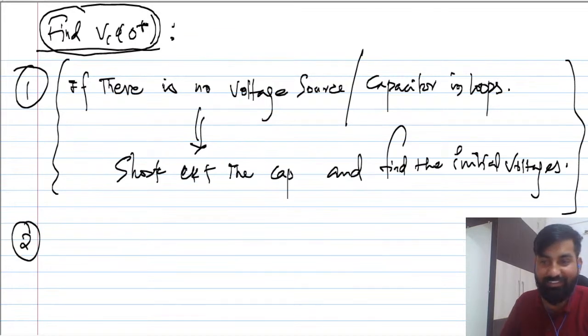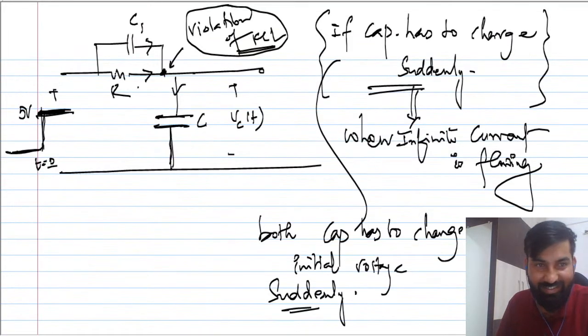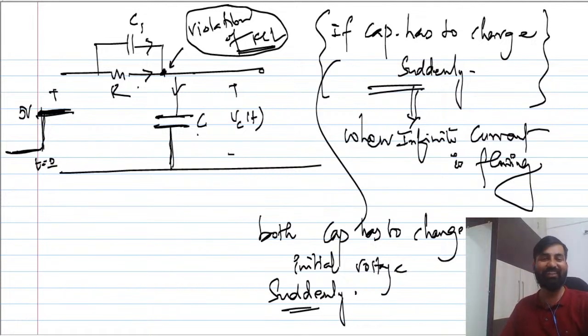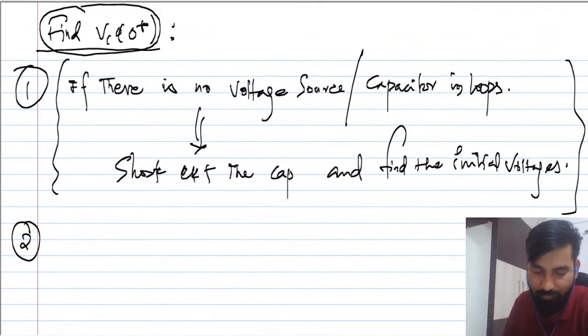okay. So in this case these two capacitors and there is a voltage source which is coming out to be in loop, okay, तो इस केस में आप शॉर्ट सर्किट नहीं कर सकते हैं इनिशियल वोल्टेज फाइंड करने के लिए। सबको समझ आया क्या, ये प्रॉब्लम बहुत बड़ी प्रॉब्लम है, ठीक है। तो आप क्या करोगे, what you have to do, second point is,